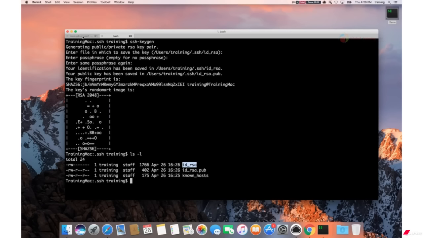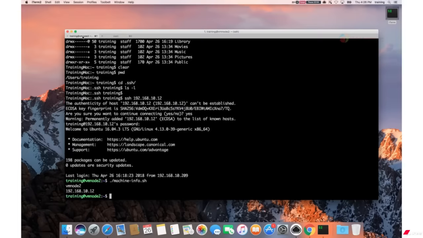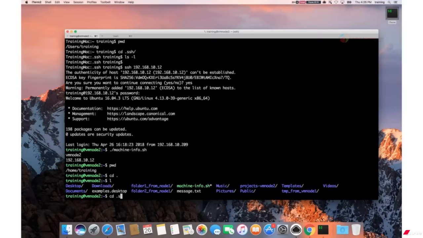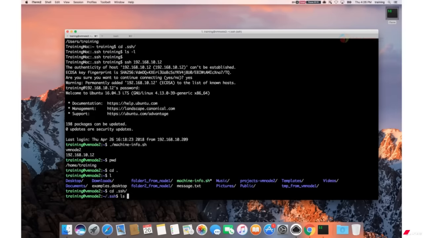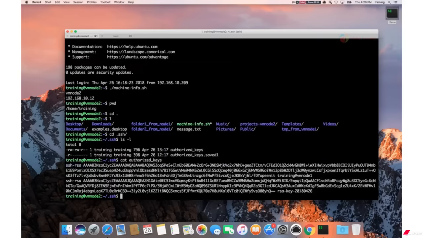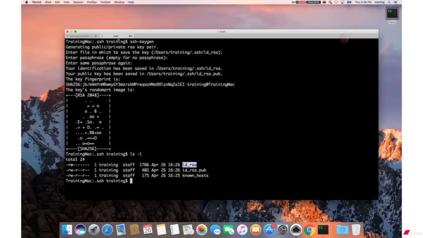Now, before we execute the command to send the public key, let us first switch to the vmnode tool and look at the authorized keys file. And then after we execute the command, we'll go back and look at the authorized key file again, because we need to actually see the new entry, and we have 2 keys in the file. Now let me switch to the Mac machine and run the command